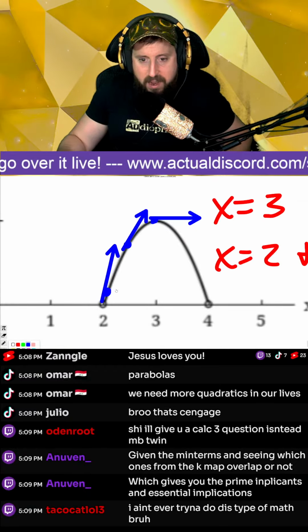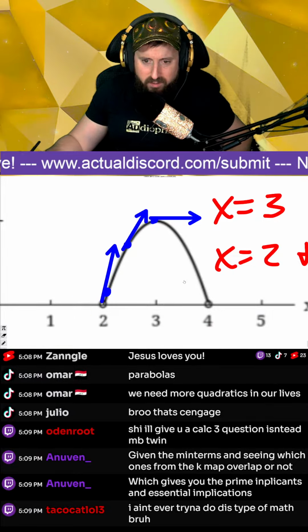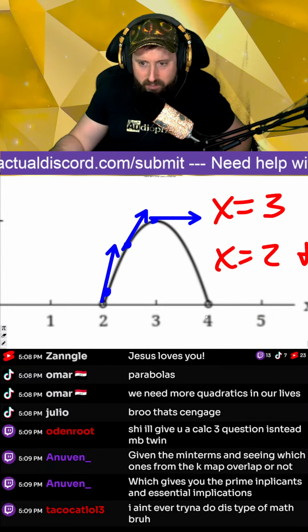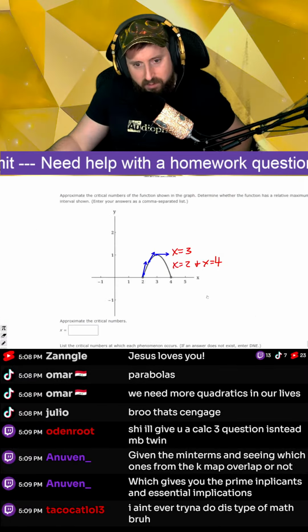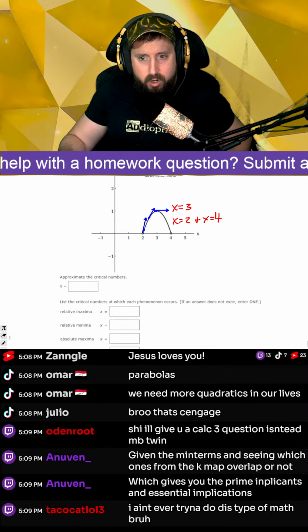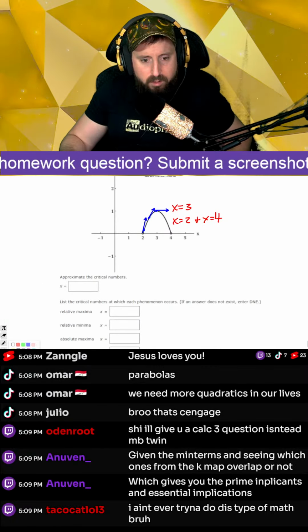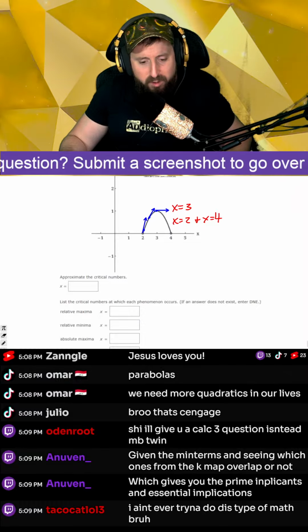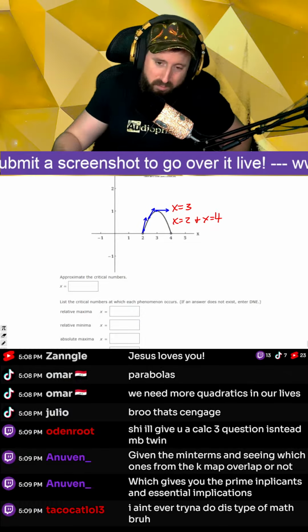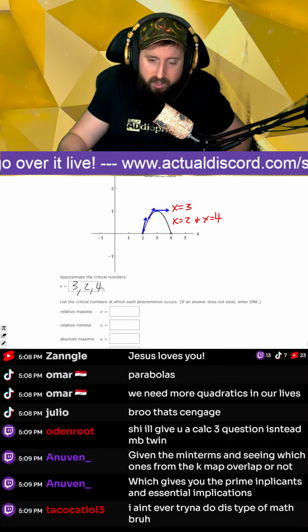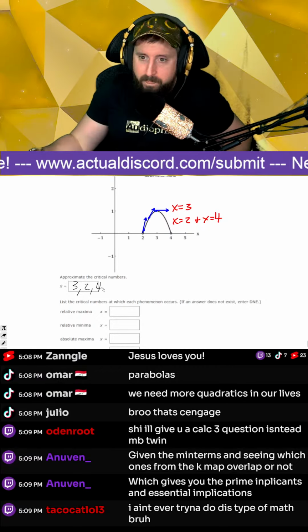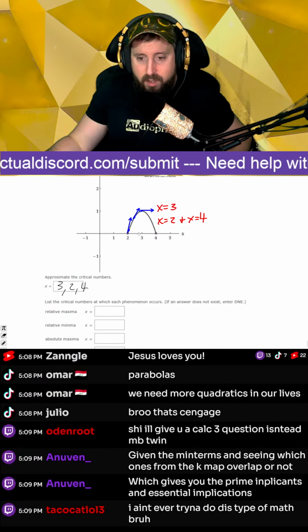I think we always count the endpoints as critical points because we don't know what happens at the endpoints, especially when it's an open circle. That means it can't equal this, which means it's discontinuous. So the critical numbers, it's weird they call it the critical numbers. Usually we call it the critical values, but I would say 3 and then 2 and 4 maybe, right? Okay. So then it says